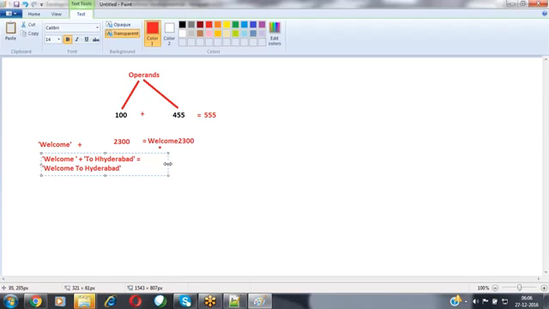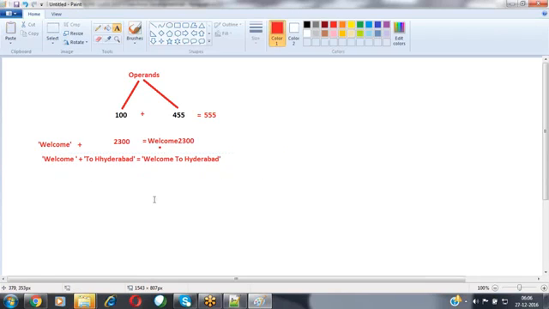So the operator is the same, but depending upon the values supplied, it behaves differently. If both values are numerical, it performs the addition operation. If the values are of different types, it performs the concatenation operation. So here we can use one operator with different behaviors.